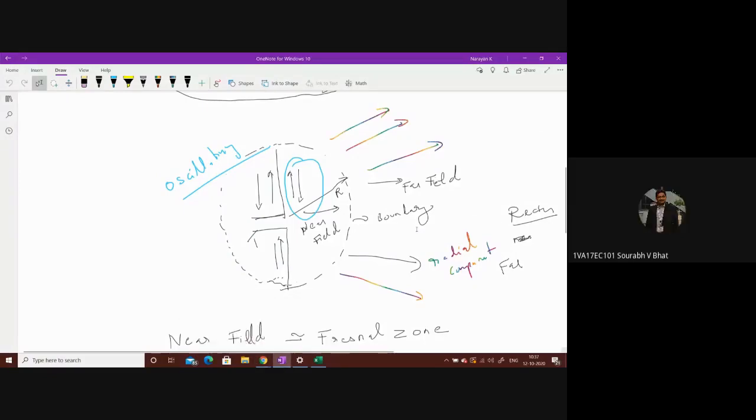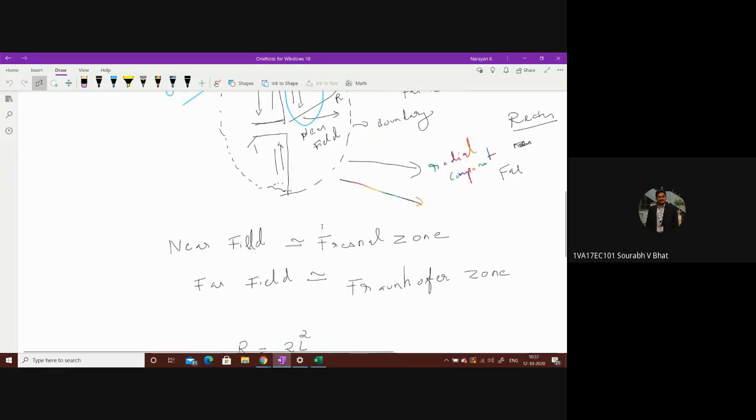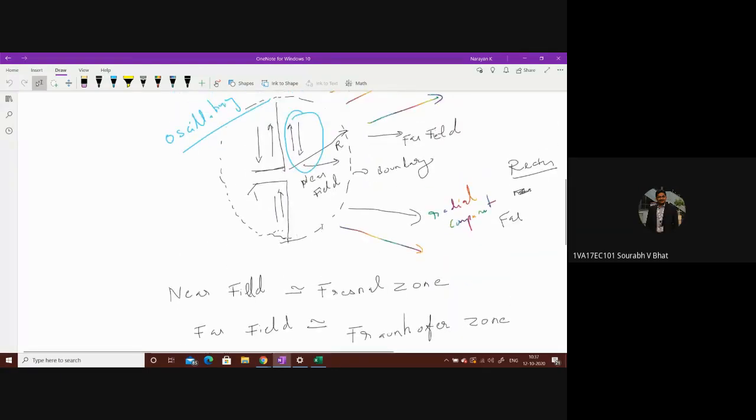Sir, in the near field zone, the way the waves oscillate, what do they mean by oscillate? Now, what do you mean by oscillatory, what I can tell is, it will go up and down, meaning along the axis of the antenna. How about in the far field, sir? Far field, it will go in a radial direction to the antenna. So oscillating means it will be going along the axis of the antenna. Your field will be going up and down. It will not be stable at one point.